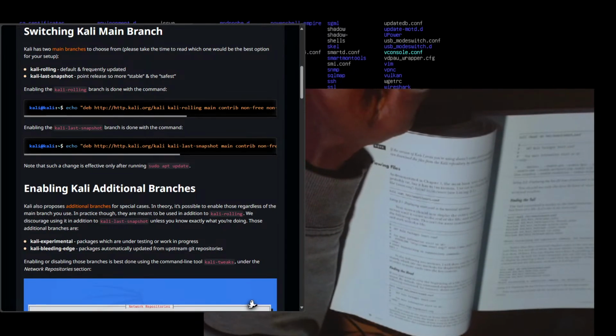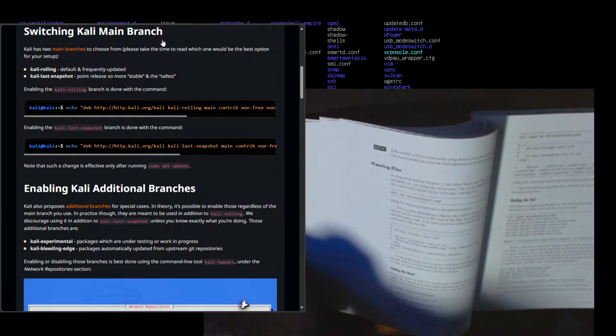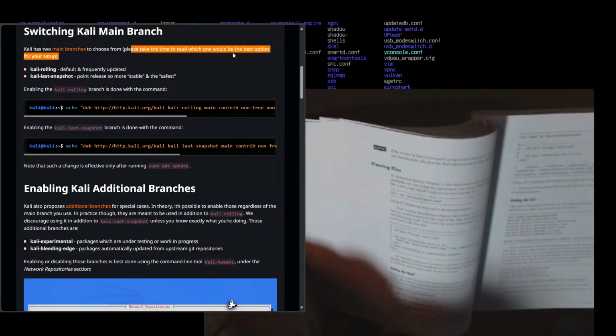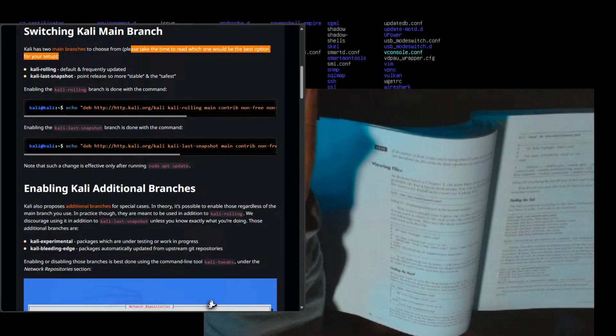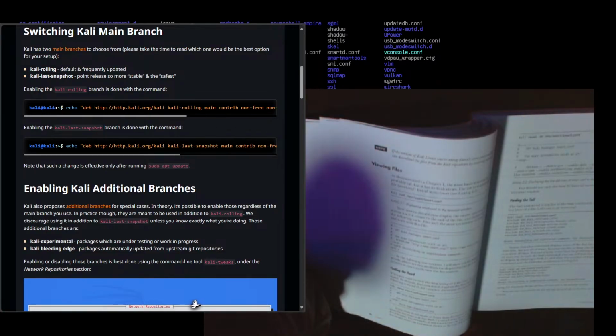But so it seems like, okay, for this option I probably had the second Kali additional branches. I had the last snapshot, so maybe I need to download this one. Okay, so